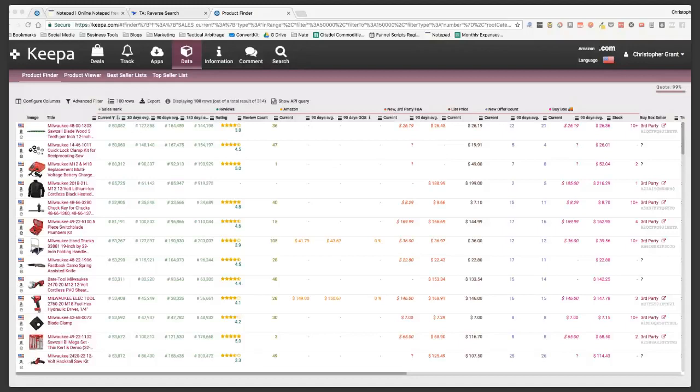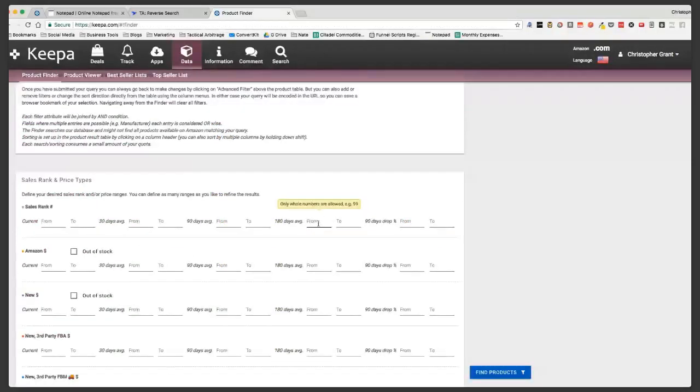What I find more powerful is being able to just download tons and tons of ASINs based on something that you're interested in. We could knock this out to 5,000 rows. We could do a much larger search. Matter of fact, we will. Let's say, for example, that I want to go 180-day average. I want to sell items that are ranked between 25,000 and 30,000 over the course of 180 days.